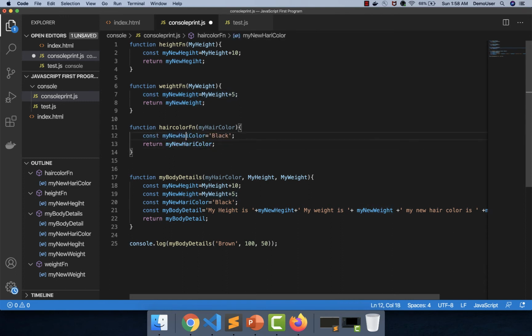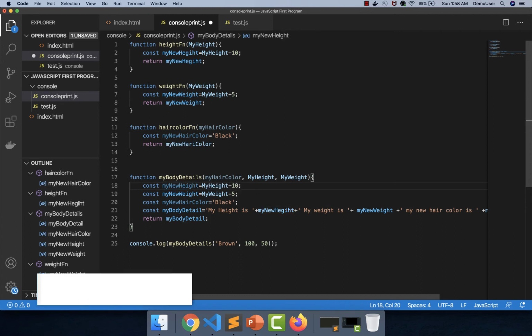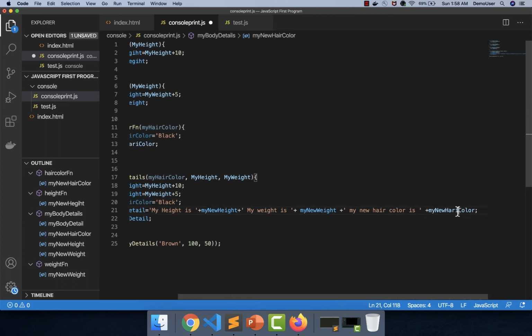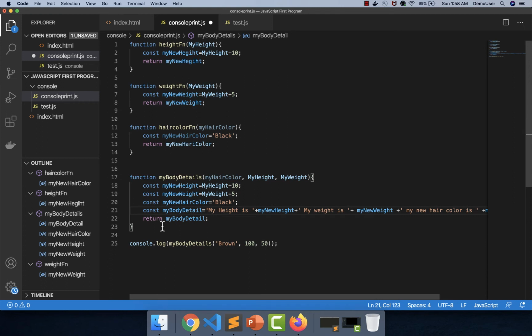So I will just change or rename it. So I'm really sorry, my spellings are not correct here. So I believe now it is all corrected. Yes, I believe it is all done now.